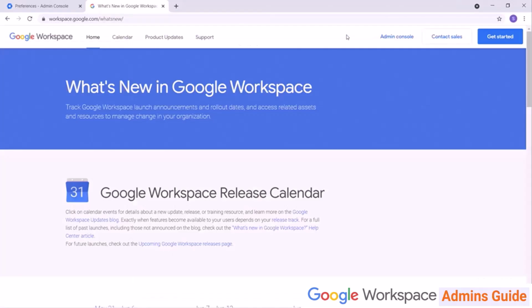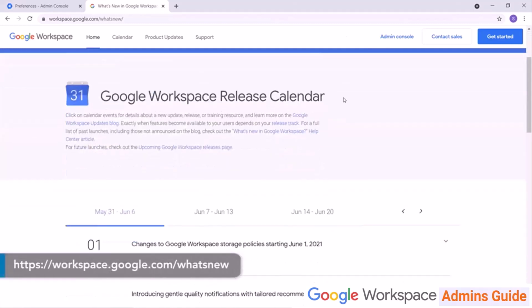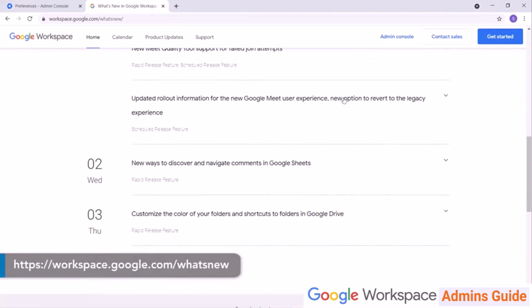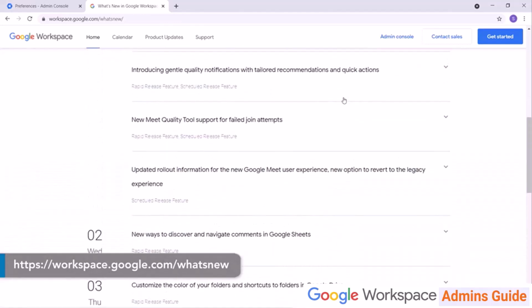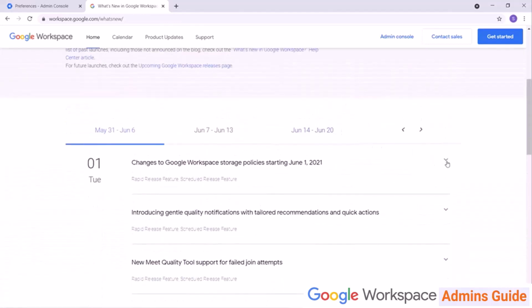Google also provides a Workspace release calendar to make for a more stable experience for users. The calendar is available at workspace.google.com/what's new, and it highlights all release dates for both the rapid and scheduled